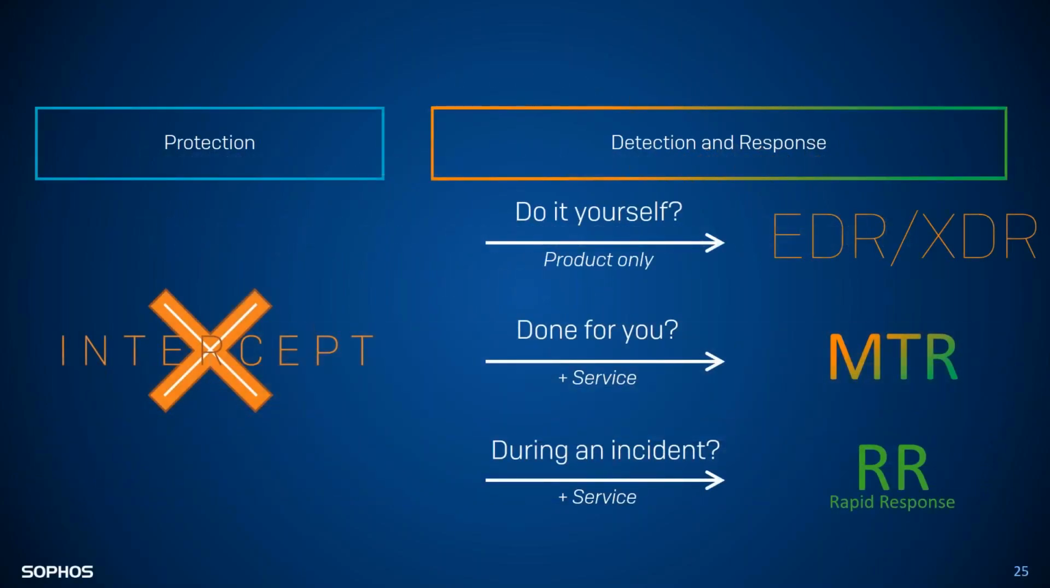So to kind of break it down from a protection standpoint, that's where we're going to look at our Intercept X Advanced. Intercept X Advanced will be just your level of protection. When you want to start getting into detection and response, if you want to do it yourself and do it with our product only, that's going to be our EDR product. And if you want somebody to help you with that, it's a service, that's our MTR service. And if you're actually during an incident under a current attack, it's a service, and we have our Sophos Rapid